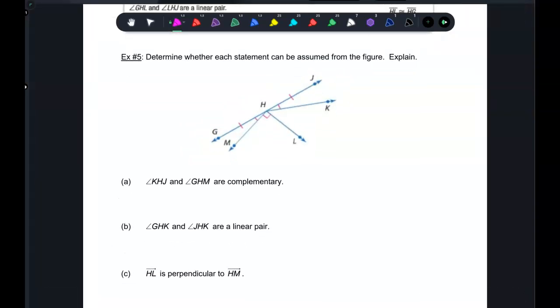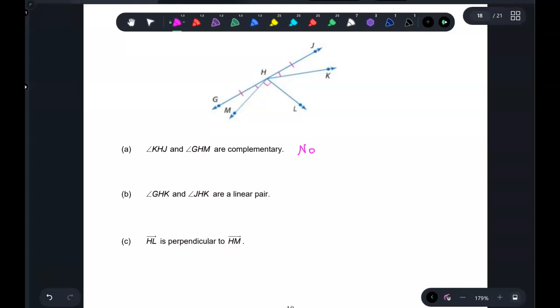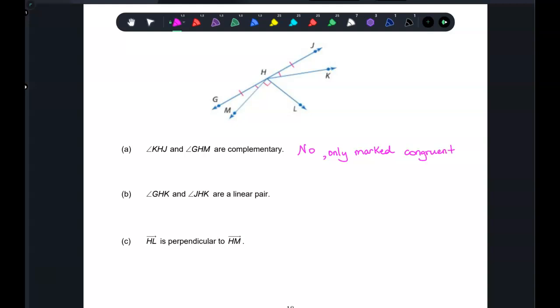What can be assumed? So KHJ, so I'm talking about this angle, and GHM, are they complementary? No, I mean, could they? Maybe if I knew they were both 45, what can we assume by them? They're congruent. But do we know they're complementary? No. And it's only marked congruent. Okay,